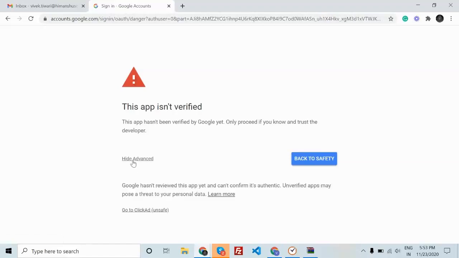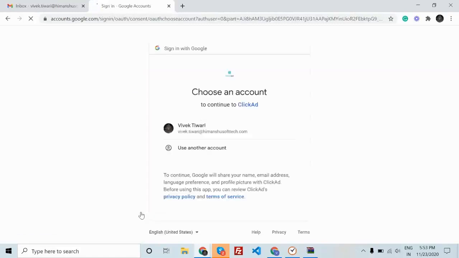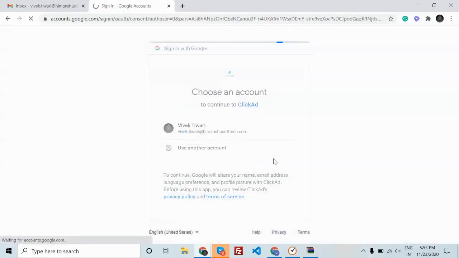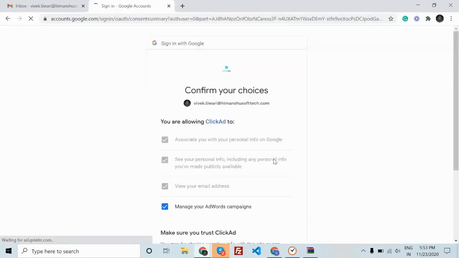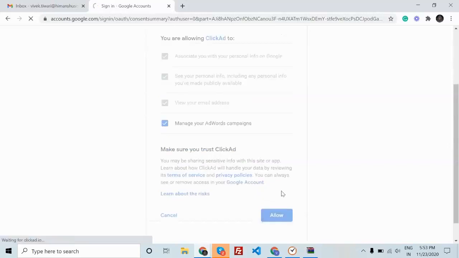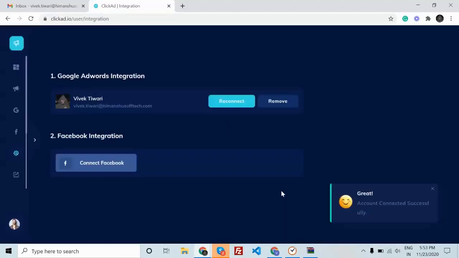So you need to click on this button and go to ClickAd. Now it will ask you to manage your advert campaigns. Just allow it. These are the options, and just click on allow. Now my account is connected to the Google Ads integration.